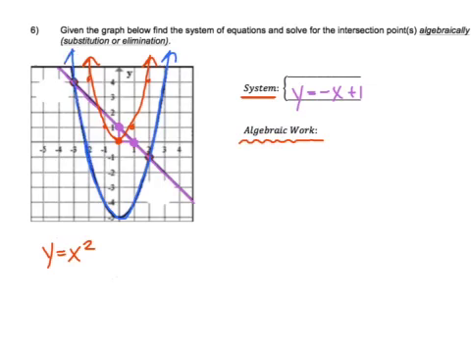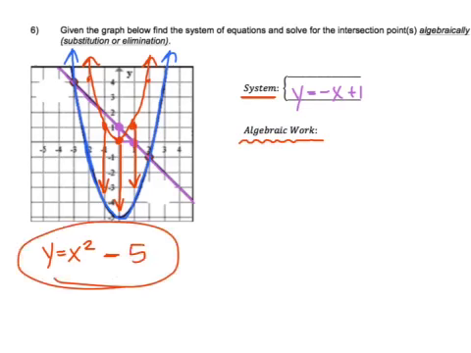Notice what happens to every point. This one moved down here, this one moved down here, this one down here, and they all went down the same amount, in the same steps. They all went down by 5. Right here is our parabola's equation. Y equals x squared minus 5. So we wrote our system. Now let's make sure our system's correct and show it algebraically. I'll set up substitution and elimination and then